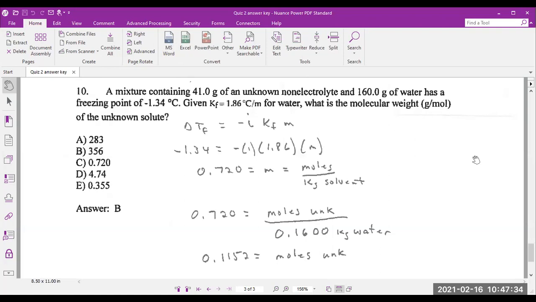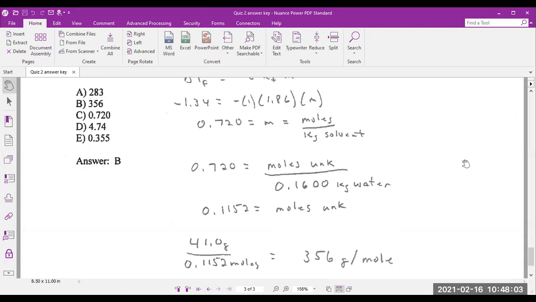We get molecular weight is grams per mole. And what information do we have now? We have moles of the unknown, which is 0.1152. But if we go back to the question, we also see that we have grams of the unknown, and that's 41.0. So if molecular weight is grams per mole, we can take that 41.0 grams and divide it by 0.1152 moles. And that's what we do down here at the bottom. So we have our 41 grams divided by 0.1152 moles, and we get a value of 356 grams per mole